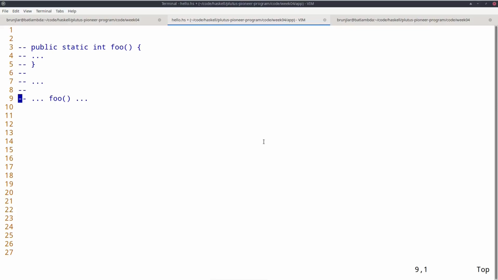But of course, there are hundreds of thousands of Haskell libraries out there, and most of them weren't written with Plutus in mind, so we can't use them inside validation. And that has the effect that the Haskell code inside validation will be relatively simple and not have many dependencies. So it's really just a plain old Haskell function. It gets these three arguments, the datum, the redeemer, and the context, and returns a Boolean. Or maybe a fourth argument if you parameterize your contract.